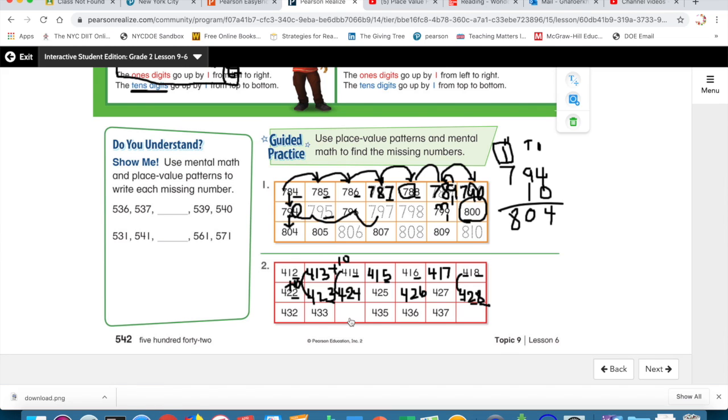All right, boys and girls, so you're going to try and figure out this mystery on your own. You're going to do these two, right? And then when you're done with page 542, I want